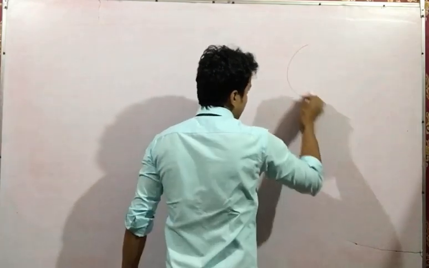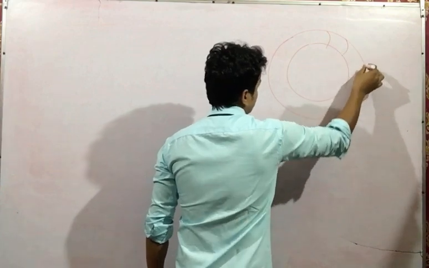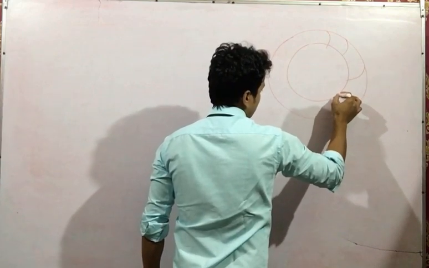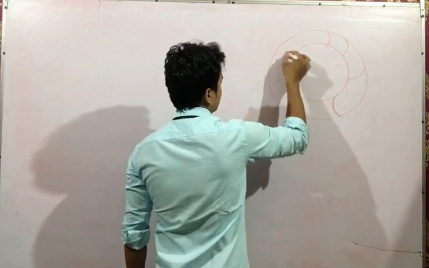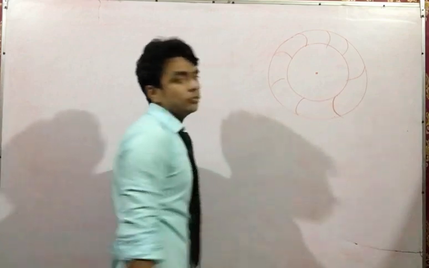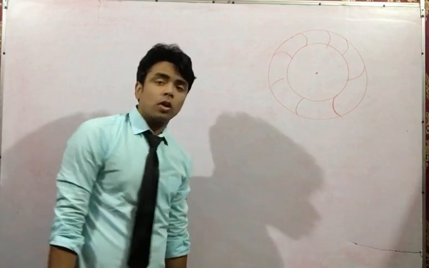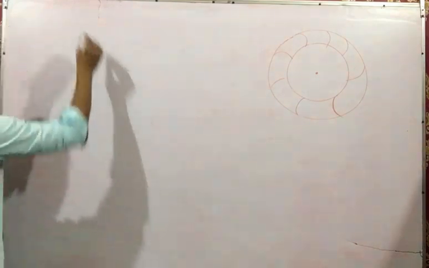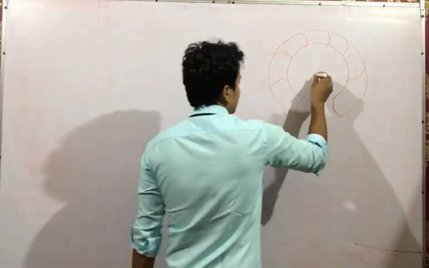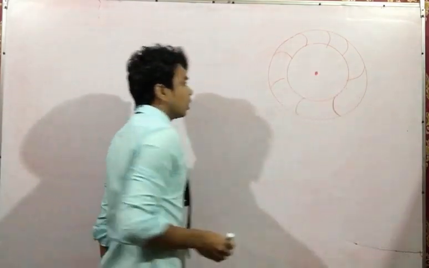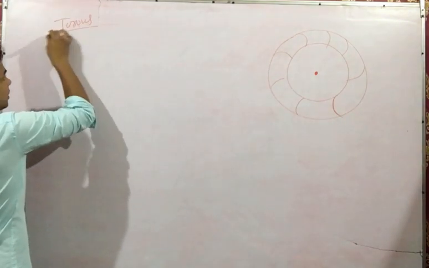Yes. Let me draw a diagram first. The volume of the tire of any vehicle. Yes. A tire is neither a cylinder nor a sphere. It is a new shape, and its volume can be calculated in a different way. It is called torus. First of all, the name is torus. Okay? It's not part of your syllabus.